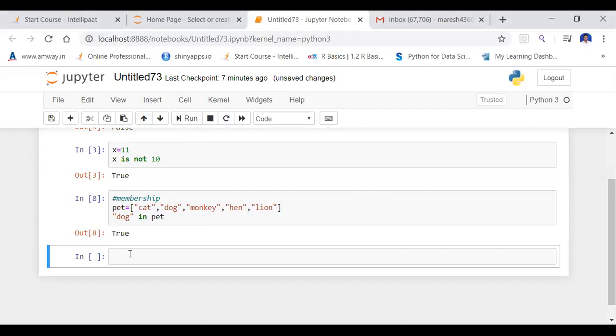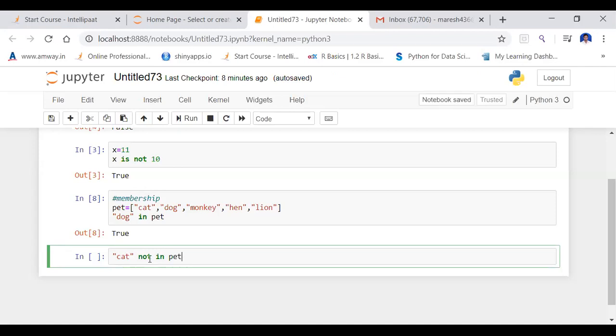Now the next operator is not in. So I'm going to check, like, cat not in pet. Listen carefully.